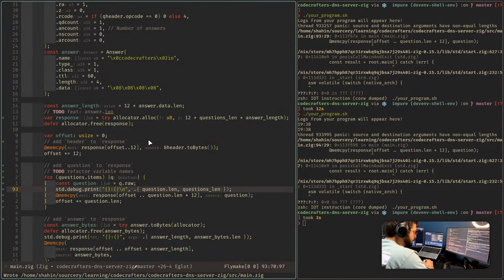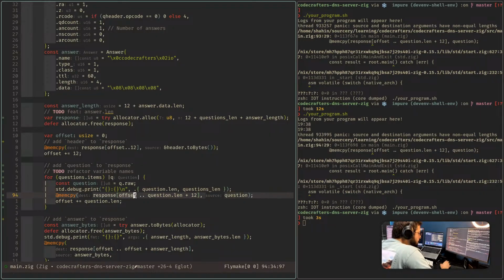Oh, yeah, I get it now. I think it's this bar. It's starting from the offset. And for the first question, it's working fine. However, for the second question, it's not tracking that and trying to override on the same place, but the offset is already ahead of it. So what I need is